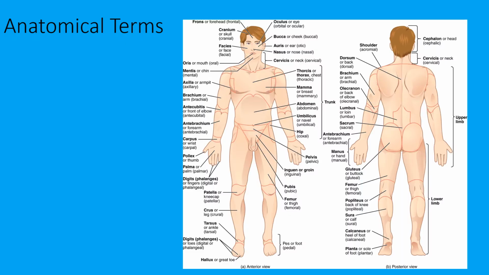We have our own vocabulary. I know this can be very frustrating at first, but we do have our own vocabulary in AMP, and it's going to be easiest for you if you learn it as soon as possible. Like I said, I know you look at this picture and you go, oh my goodness, there are so many different phrases and terms. How am I ever going to know this? Trust me, by the end of the semester, you're going to be looking at some of this and going, oh, of course, I don't even have to think twice about it. Learn it now and it will make it so much easier later when you're looking at the bones and the muscles and the nerves,